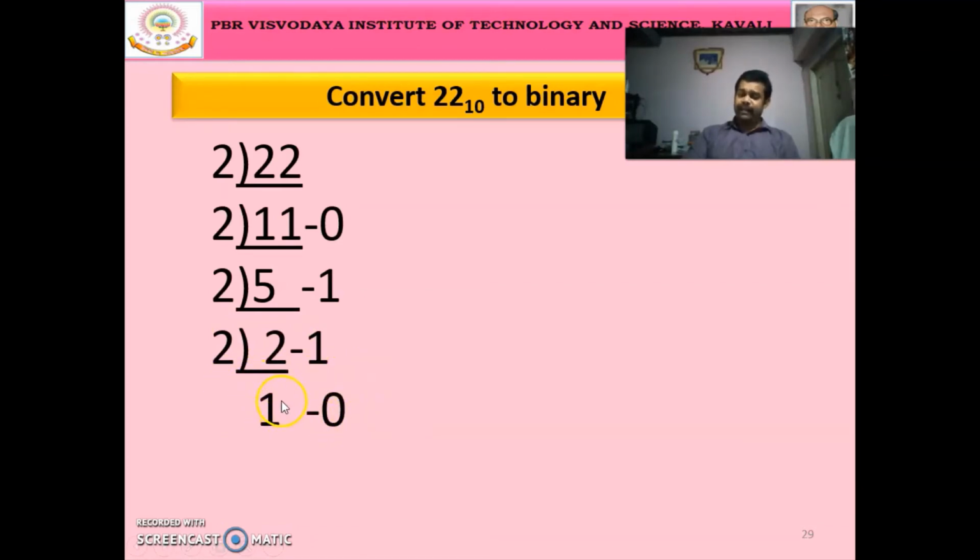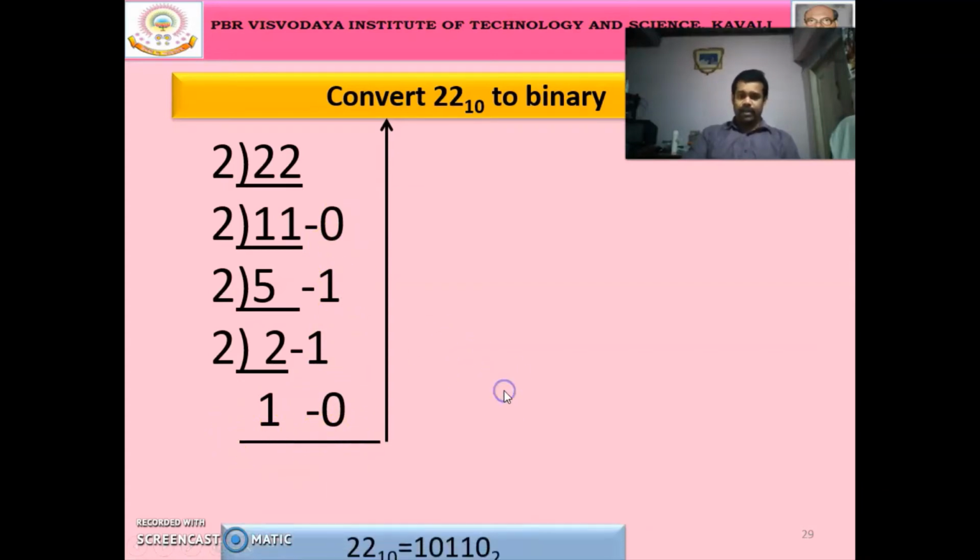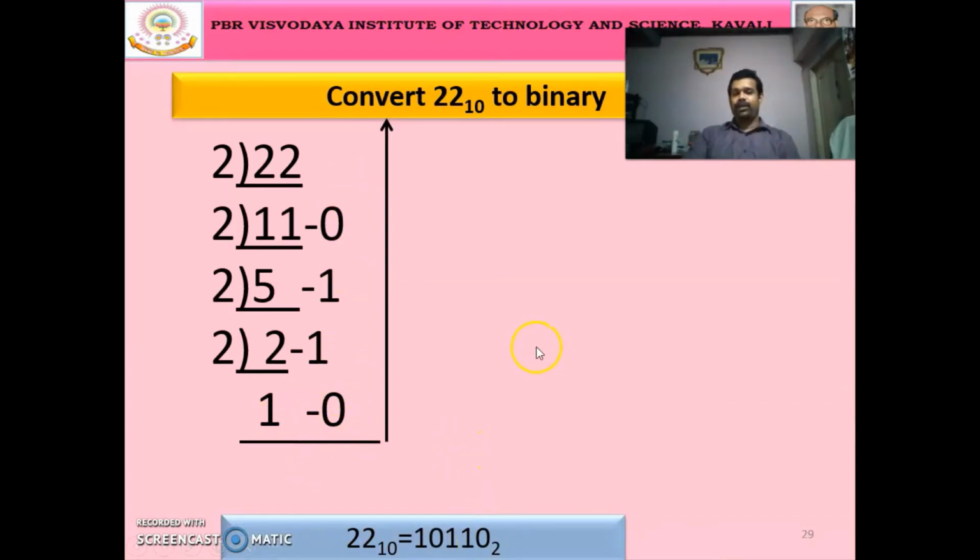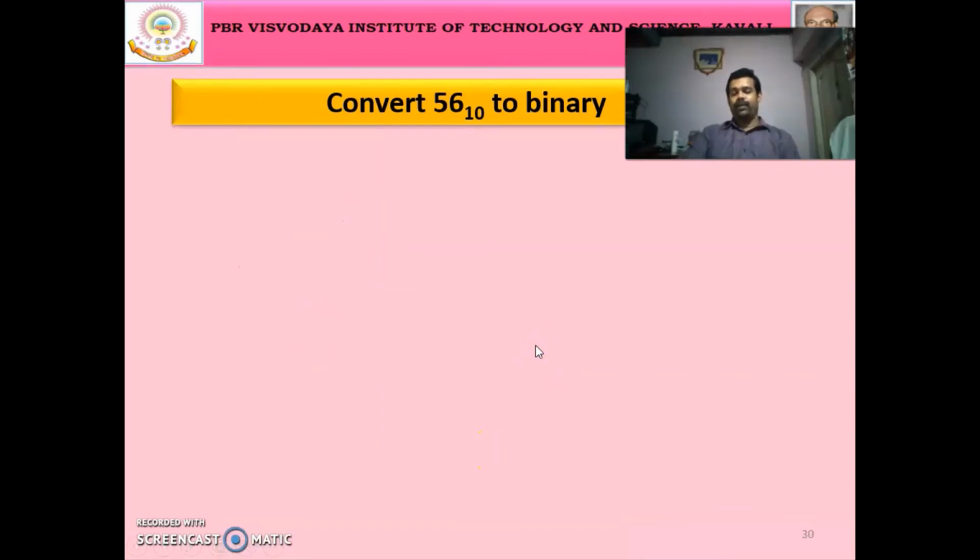If we again divide this 1 by 2, we'll be getting quotient as 0. So we are stopping at this step. And now we are going to record the remainders. That is 1, 0, 1, 1, 0. You have to write the answer from here to here. So 22 to the base 10 is equal to 10110 to the base 2. Next, we are going to see another